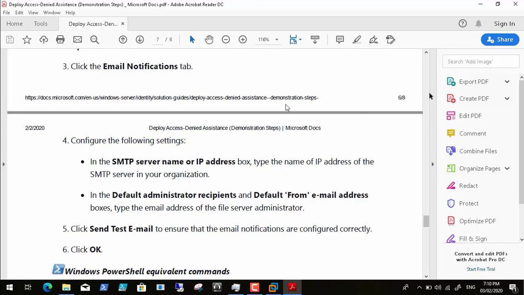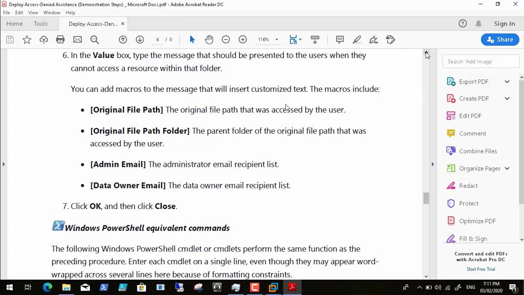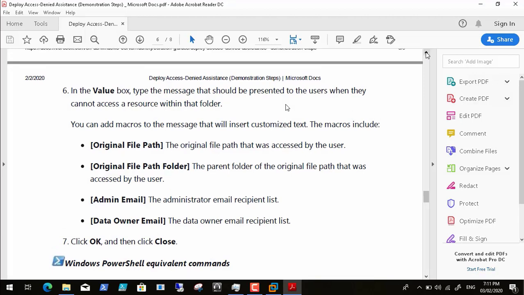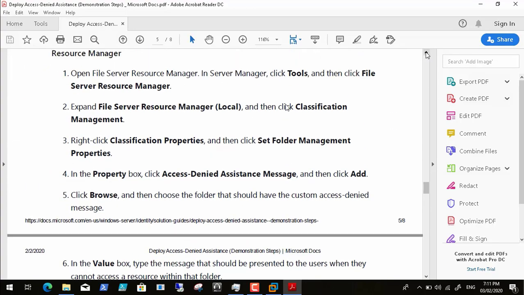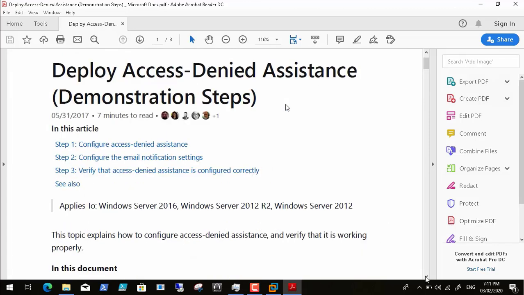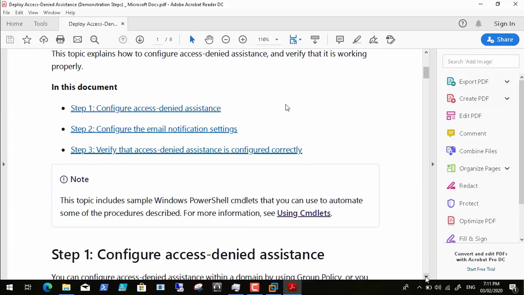As I said before, you have two ways to enable this access denied error notification that will appear for the user if he tries to access a certain folder or file that he doesn't have access to. This can be done through the file server resource manager or through the group policy. I did the first step through the file resource manager. We have enabled the option, and then we can configure the email address to be the administrator email. So if any user tries to access an unauthorized file or folder,